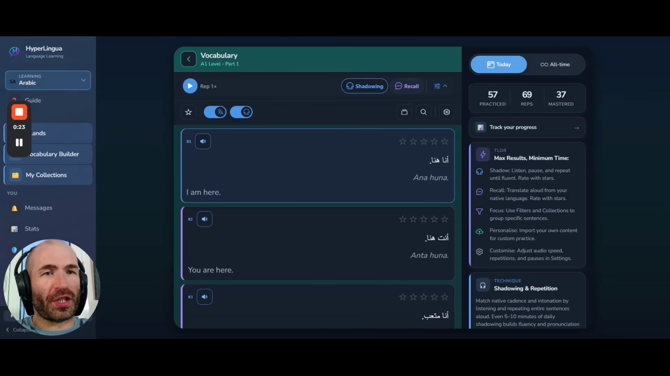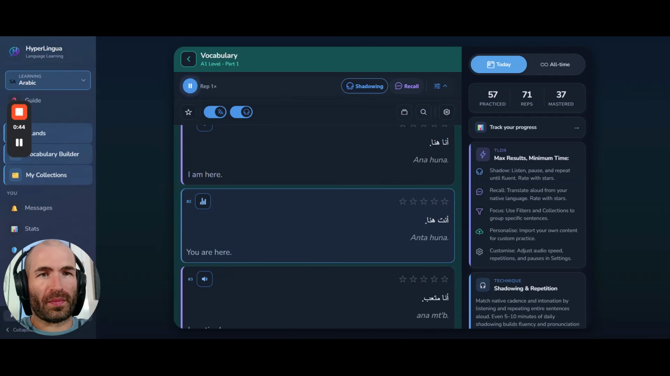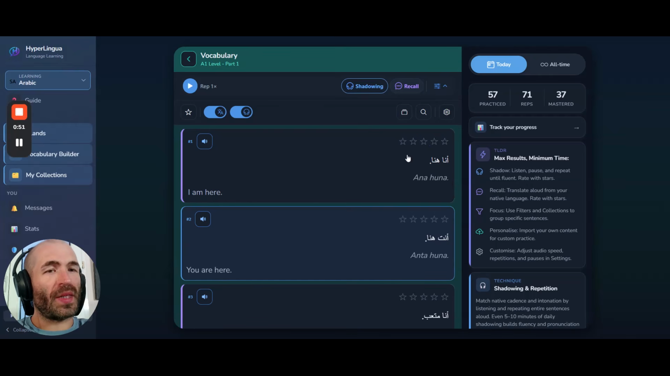There have been a lot of other changes as well, spaced repetition, and more importantly, audio in both languages. So now you've got audio in the target language, of course, but also audio in your own language. So if you click here, أنا هنا. I am here. أنت هنا. You are here. So you hear the sentences that you're learning in the target language first, and then in the base language,